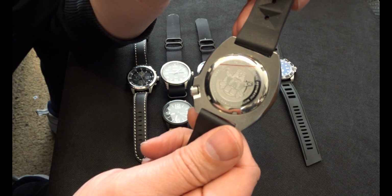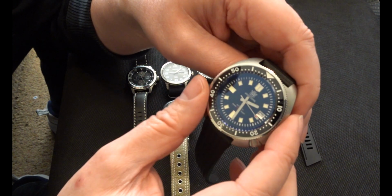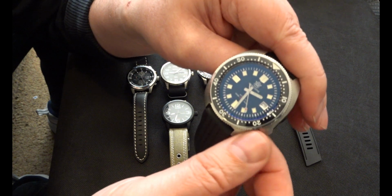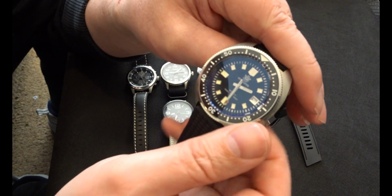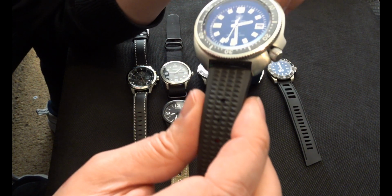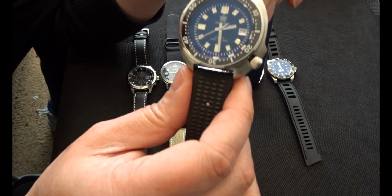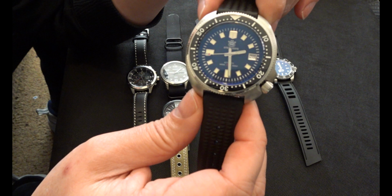Screw down case back on it. I'll say 200 meters water resistant. It's got a rotating bezel and a screw down crown. You've got an automatic Seiko NH35 movement in it as well. It did come with a different strap, but I bought the Seiko strap for it, the same strap as what's on the Seiko as well. So this is basically the alternative to the